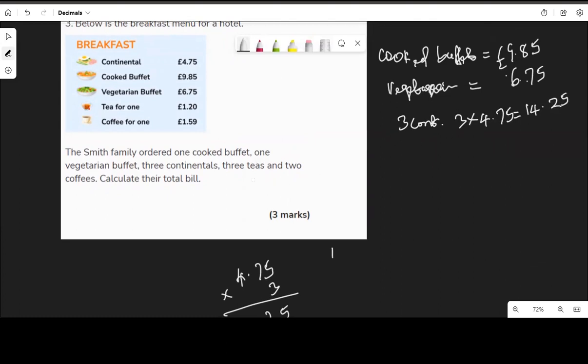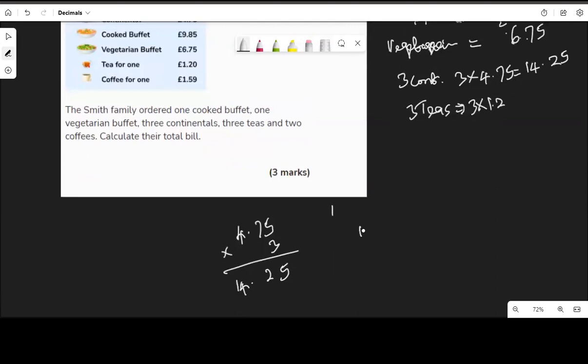And lastly, the 3 teas. What is the cost of tea? Tea is 1.2. So 3 teas, that is 3 times 1.2. 1.2 times 3. That is 6 there. 3.6. Then lastly,